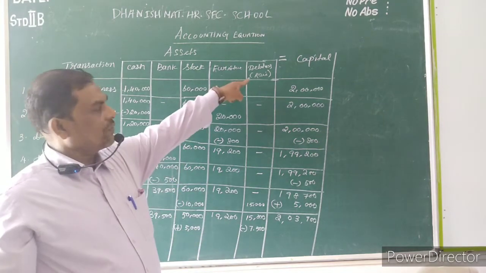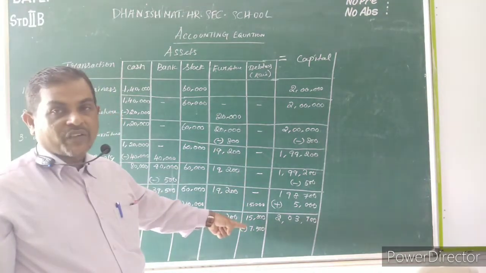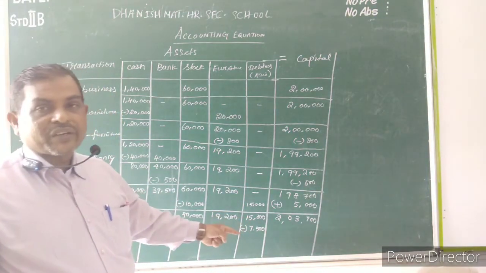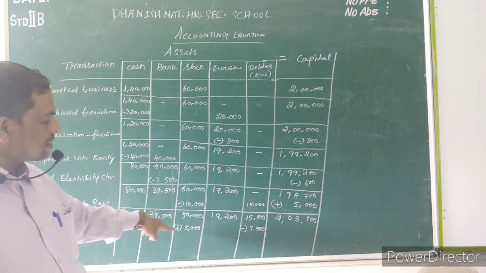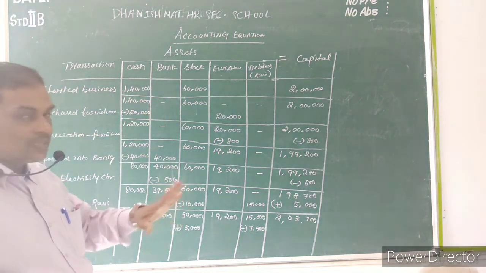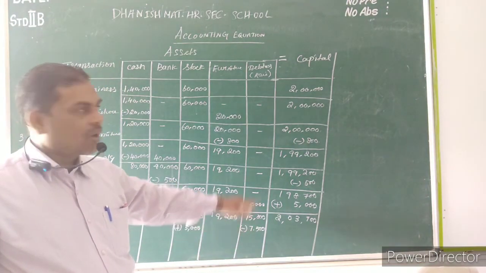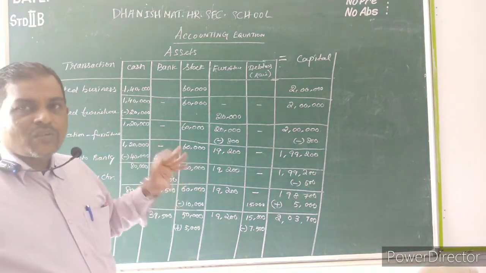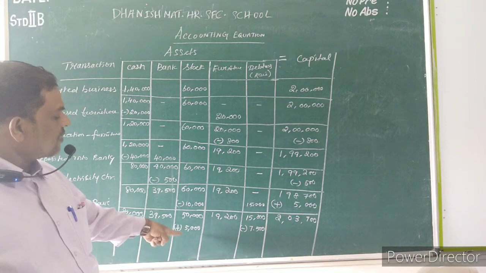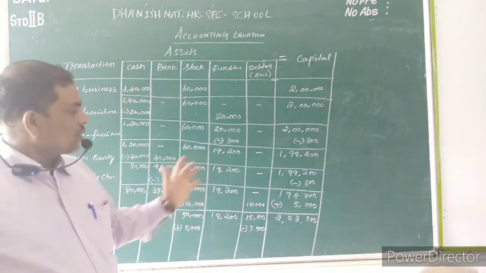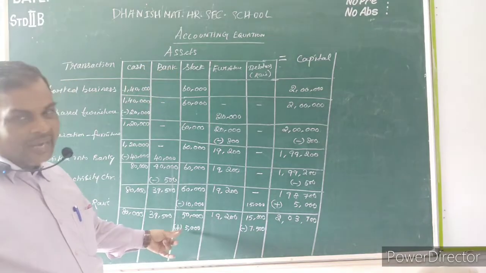Ravi, you are selling to Ravi for value of 15,000. Now he is returning 7,500 value of goods. In the 7,500 profit is added, but what is the cost of amount returning means 5,000 only. Please understand. 7,500 is including profit. Now he is returning the goods, but the actual value of goods returning is only 5,000. That is costing. So costing is added with the stock because you are selling the goods. Again, it comes to stock. So that's why stock will be added.